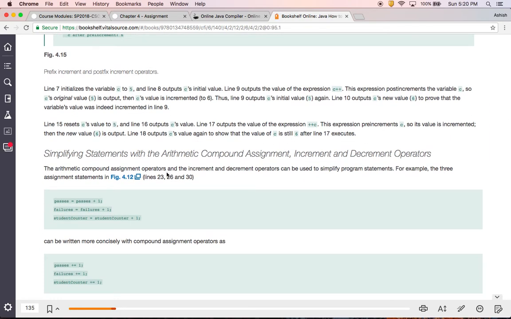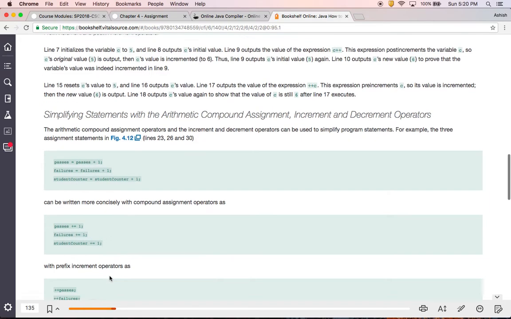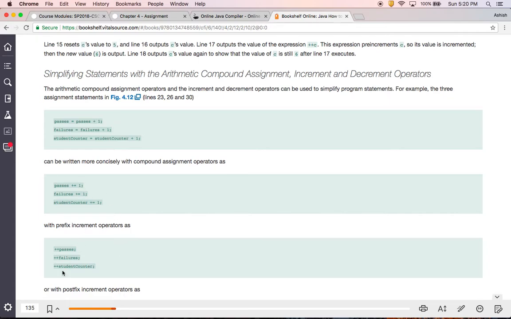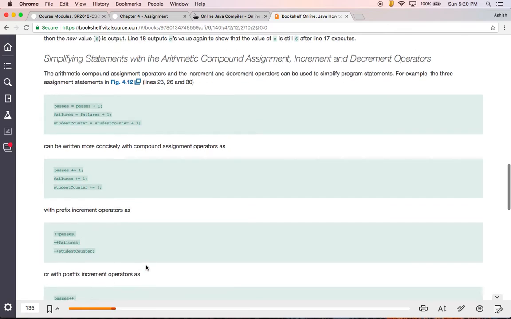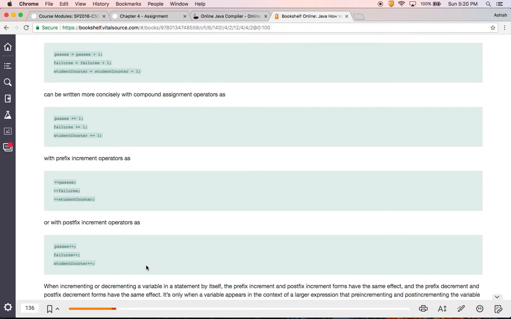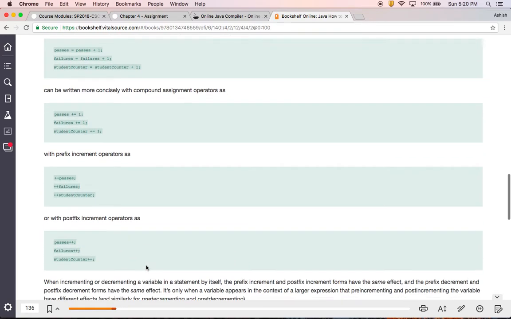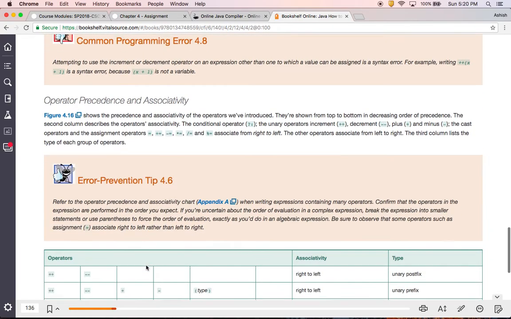why are we learning about these? The whole thing, my dear friends, is that these statements make our code very clean. Rather than writing like this, you can simplify the whole code by writing like this. It makes it super duper clean. You can say plus plus passes, plus plus failure, plus plus student counter, even better. So it really helps simplifying how your code looks. Okay,